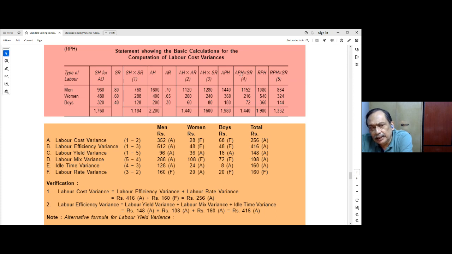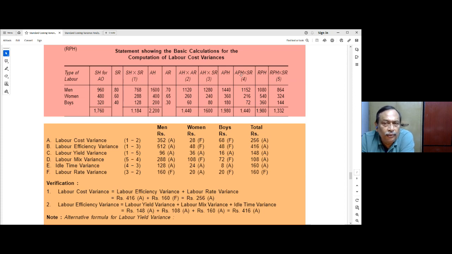And the same is calculated by making a difference between 1 minus 5, that is SH into SR minus RPH into SR, that is revised productive hours into standard rate. And accordingly, we get men 96 adverse, women 36 adverse, boys 16 adverse, and total labor yield variance comes to 148 adverse. Then we go to calculate the labor mix variance, and we get it by deducting 4 from